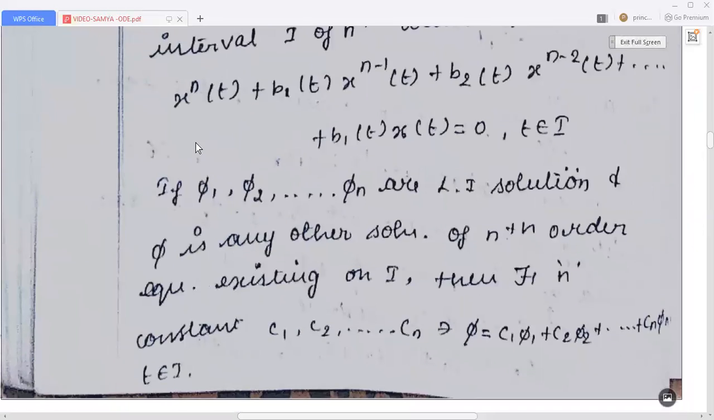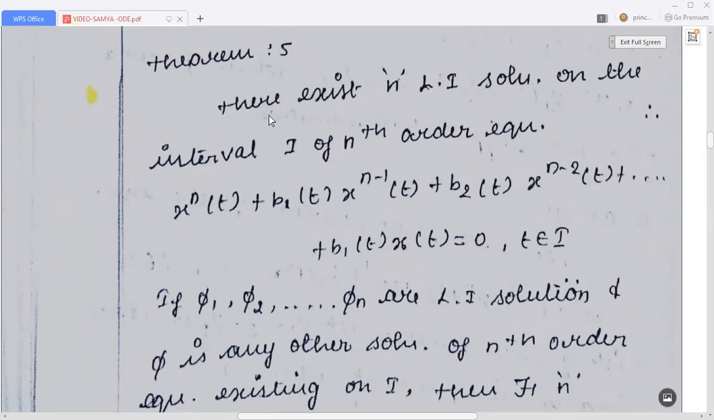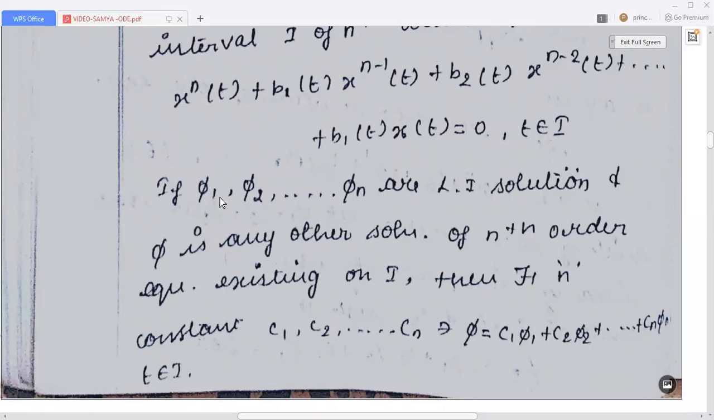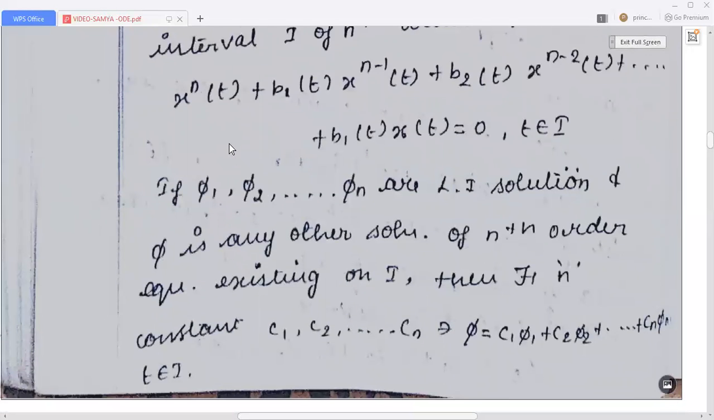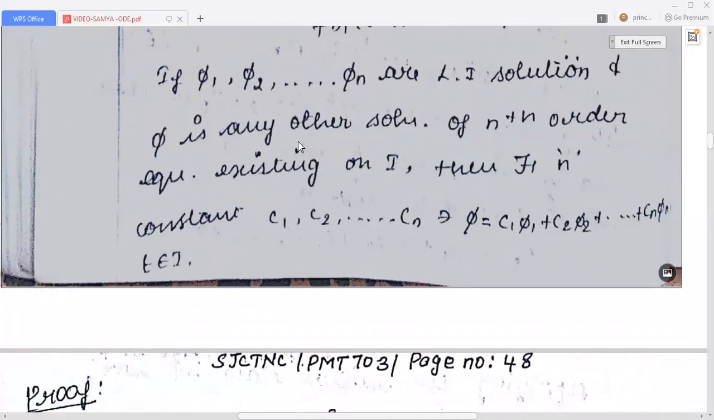Theorem 5. There exist n linearly independent solutions on the interval I of the nth order differential equation x power n of t plus b1 of t into x power n minus 1 of t plus b2 of t into x power n minus 2 of t plus etc. plus bn of t into x of t equal to 0, where t is a point in the interval I. If pi 1, pi 2, pi 3, etc., pi n are linearly independent solutions, and phi is any other solution of the nth order equation existing on the interval I,